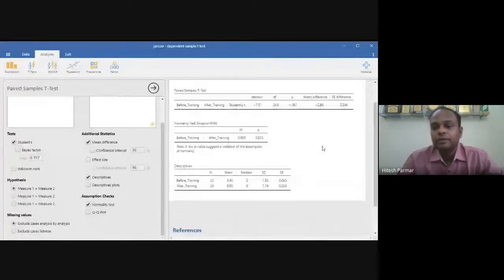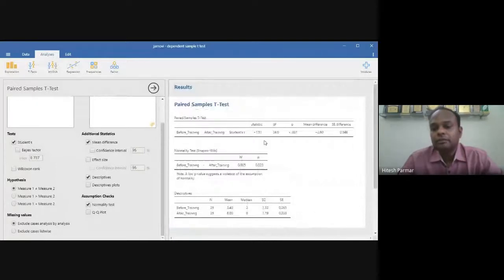So how can we check? This is our t calculated, minus 7.51, and this is the p-value, which is less than 0.001. It is written. So obviously it is less than 0.05, so we reject our null hypothesis. What is our null hypothesis? The null hypothesis is that there is no significant difference in the daily productive sales calls before training and after training.